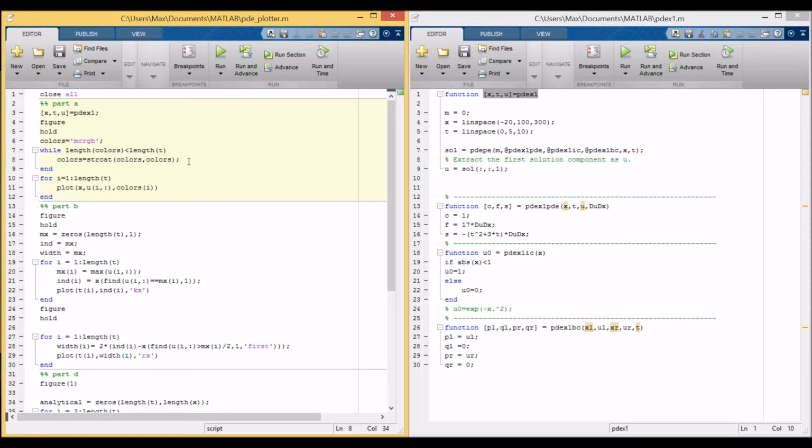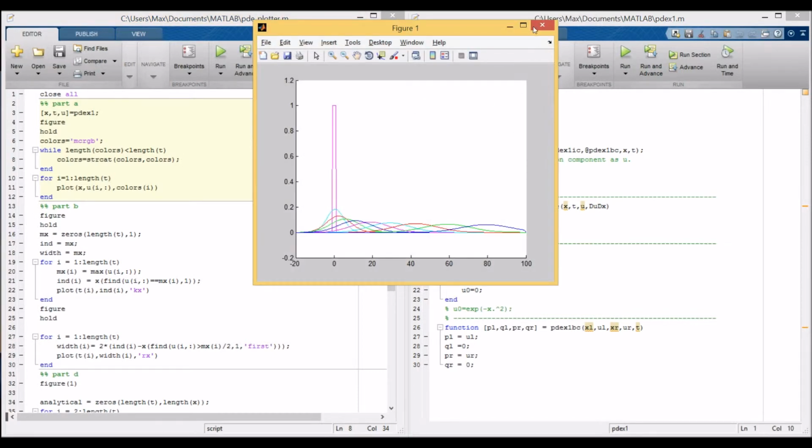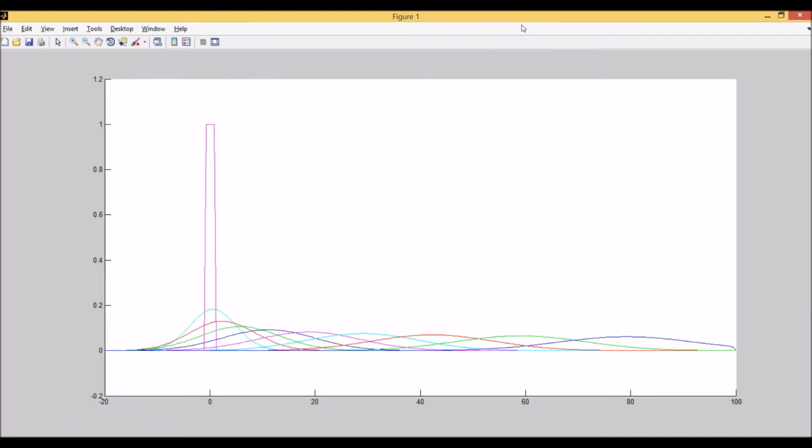So what happens when we run this? It takes a few seconds because of the large space interval that I'm using, and we get this nice plot. As you can see, we start with our initial condition as a rectangle, and then it quickly turns into something more recognizable as a Gaussian,